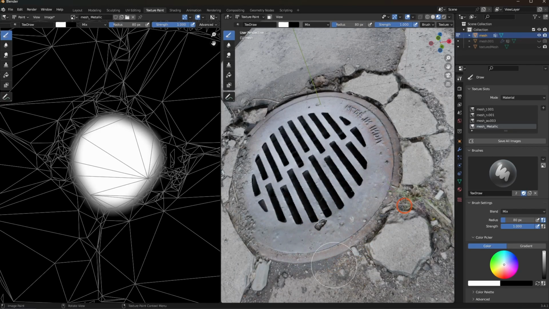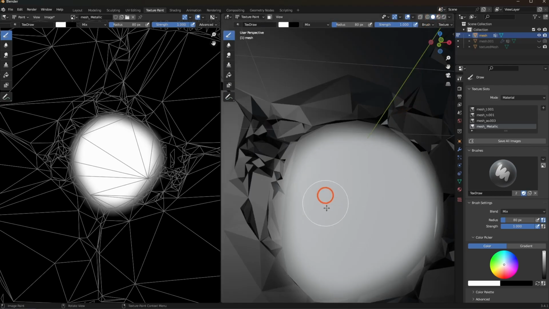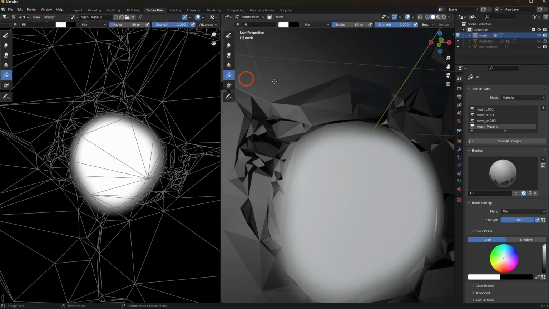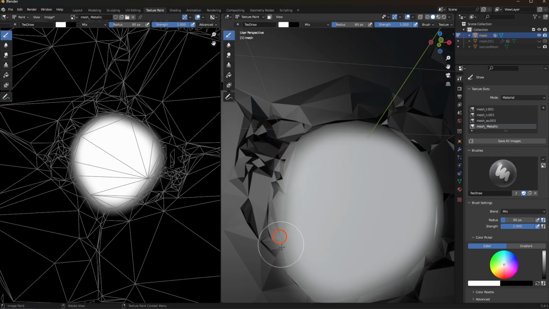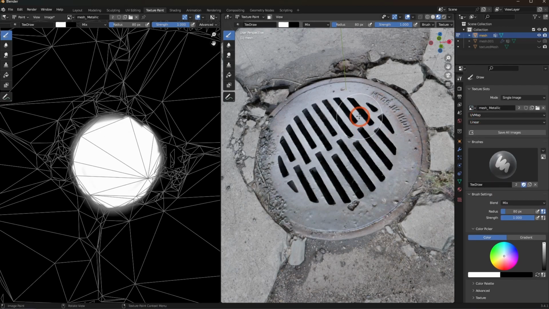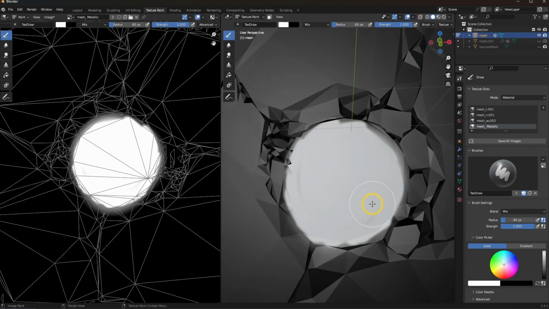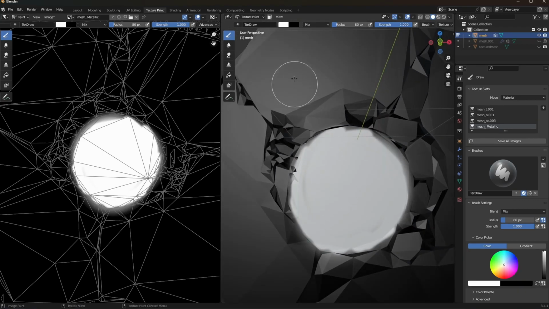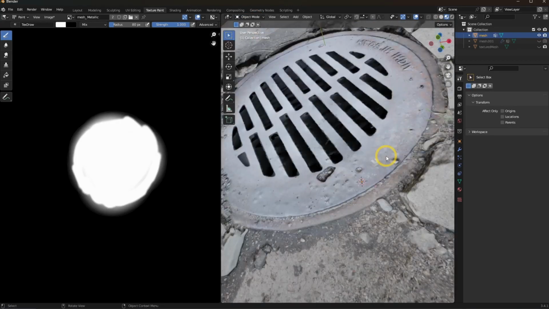Let me see if this is actually making any difference. If I paint, I'm not seeing anything. Yeah, it's not really affecting it. So let's see if there's something that I'm doing wrong here. So that worked, but text raw is not working. I think it's having a problem with me not setting the proper mask, maybe? No, that still didn't work. Well, I'm not quite sure why that didn't work, but that's one way to do it,